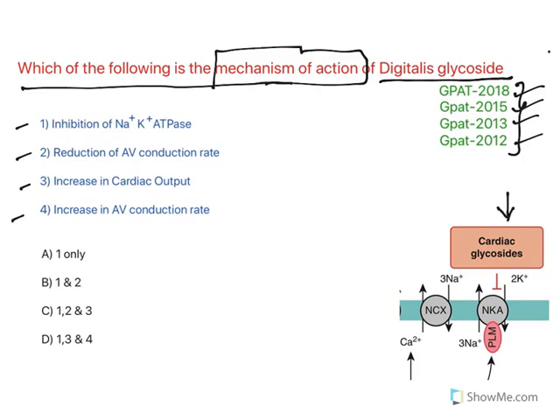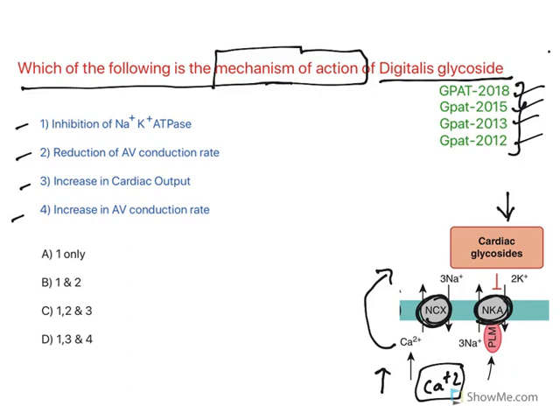Cardiac glycosides will inhibit the sodium potassium pump. This is what happens. When the sodium potassium pump is inhibited, the sodium calcium exchanger is also inhibited. The sodium calcium exchanger sends calcium out of the cardiac myocyte. If this is inhibited, the levels of calcium inside the cardiac myocyte increase. That is what increases cardiac output or causes the inotropic effect. This is how cardiac glycosides act.